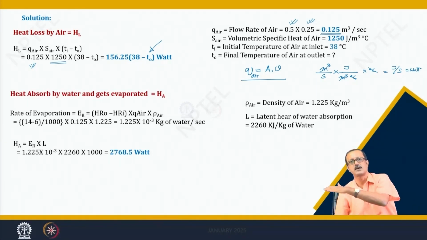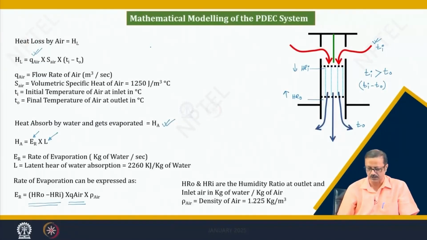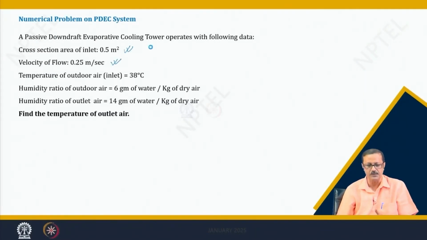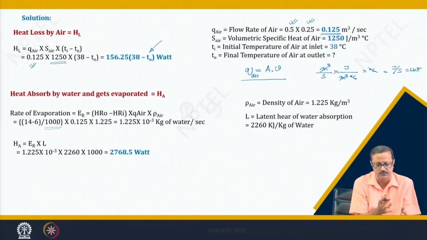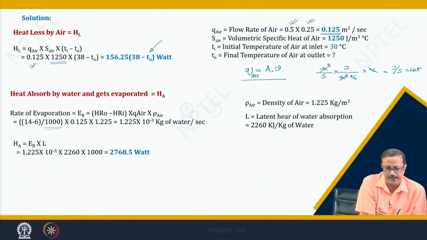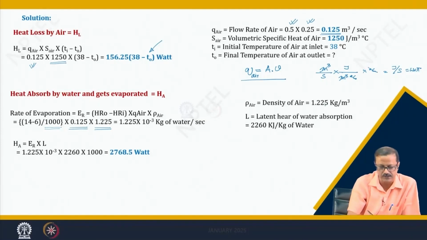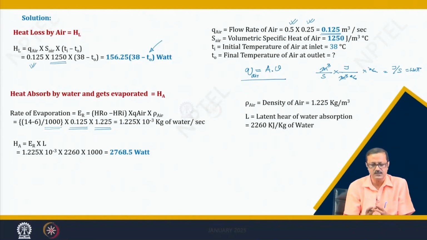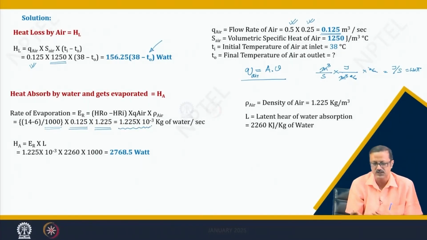Now let us do the other part of it, heat absorbed. I know the humidity ratio in and out, 6 gram to 14 gram per kg. So, this is 6 minus 14 divided by 1000, which converts from gram to kg, multiplied with the inlet air flow, that is 0.125, and 1.225 is the density of the air. So, that means 1.225 into 10 to the power minus 3, this much is your kg of water per second